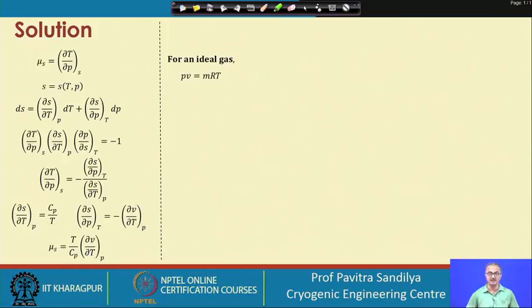Now, for an ideal gas we know that PV equals nRT, and we get the value of ∂V/∂T at constant pressure, and that is how we get this, replacing it with T by Cp times V by T. So, we are getting a non-zero value of the isentropic expansion coefficient for an ideal gas, which is unlike the case when we got the isenthalpic expansion coefficient to be 0 for the